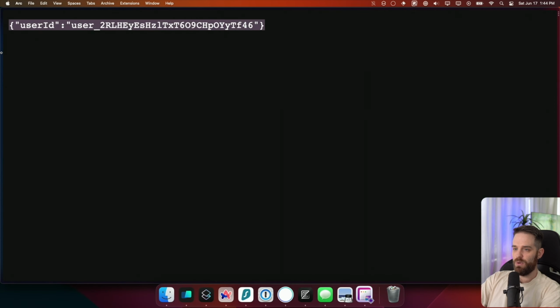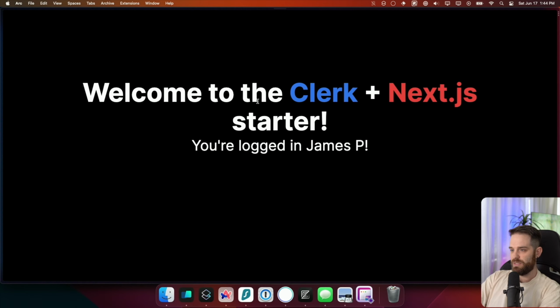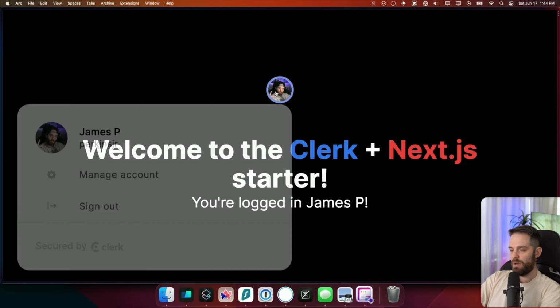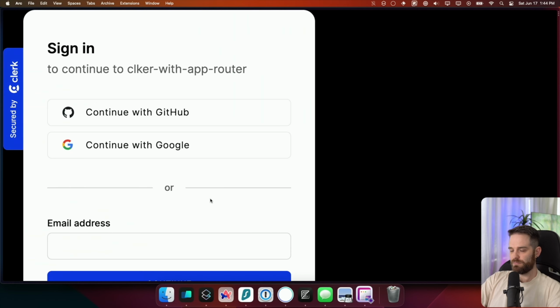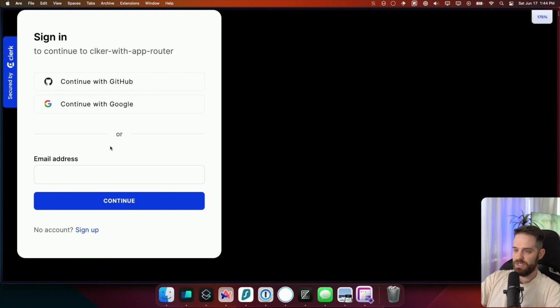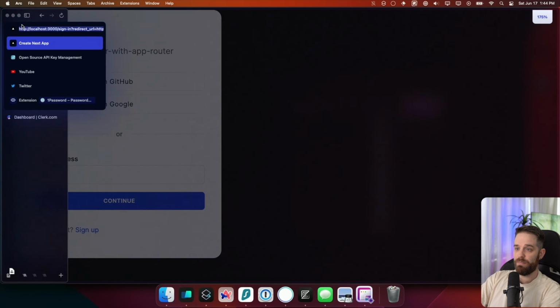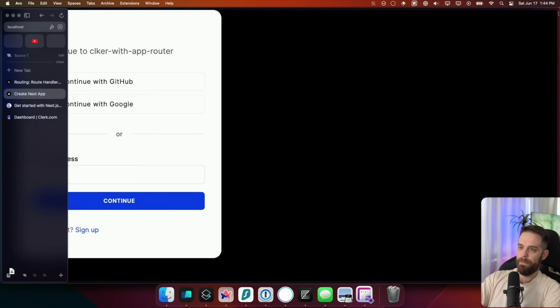If I go back to our regular page here and just go to the localhost, which is our / page, and we just go ahead, click this button and click sign out. Okay, we're signed out. Everything's super zoomed in because I went a bit crazy with the zoom button. Okay, now let's go and hit that API route and let's see what happens by default. So if we go to localhost 3000/api,